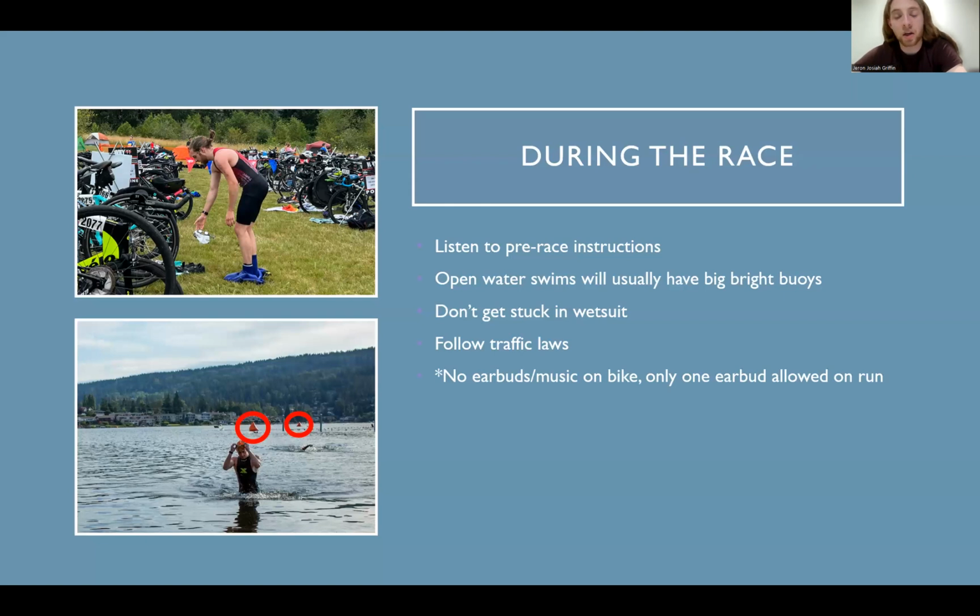Going off of that, there is also a mount line for the bike, so you can't get on your bike in transition. You have to walk or run your bike out of transition. It'll be basically right out of transition, there'll be a line again with volunteers, and once you cross, you can get on your bike and start biking. It's really easy to see, really clearly marked. Just don't get on your bike before you leave transition. Wait till you're after the line, and then make sure you're off of your bike by the time you get to the line.